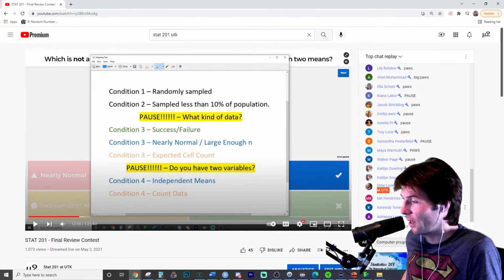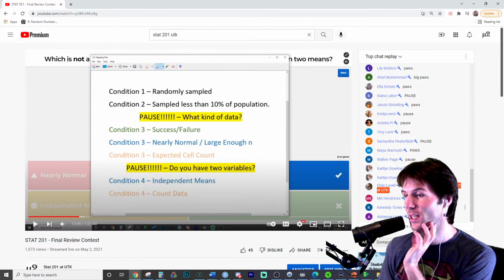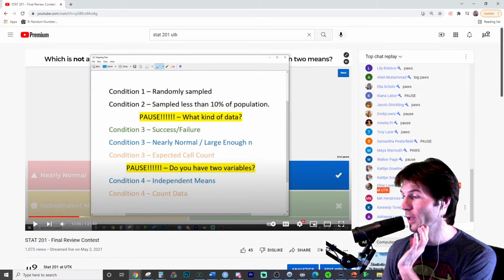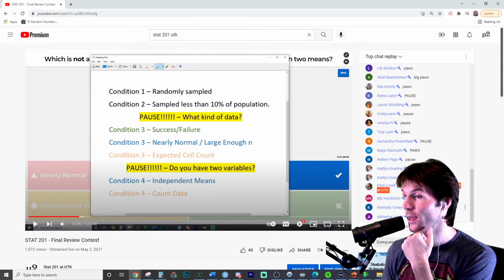When do we use the expected cell count? Kayla, you got it. You just said it. The expected cell count is when we have 2 categorical variables. Well, you're doing well with this right here. The expected cell count is with 2 categorical variables. You just said it perfectly. When we're doing the chi-squared test of independence,